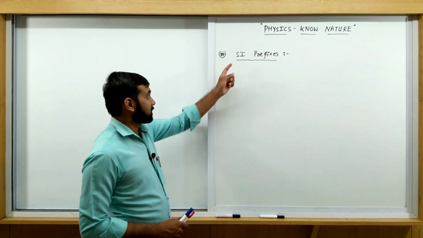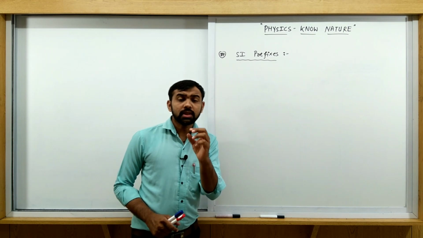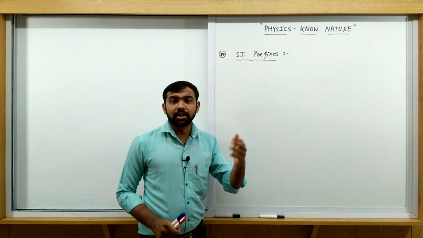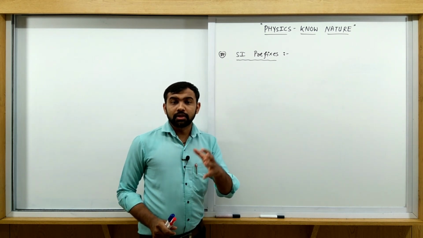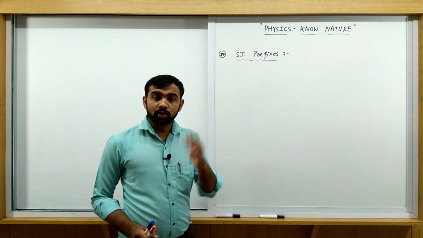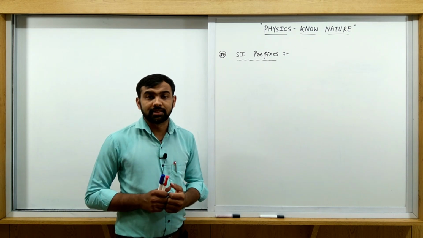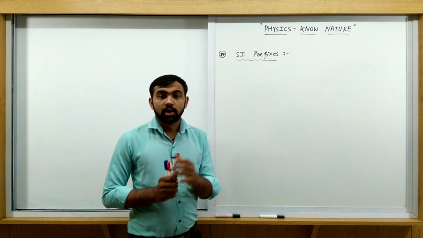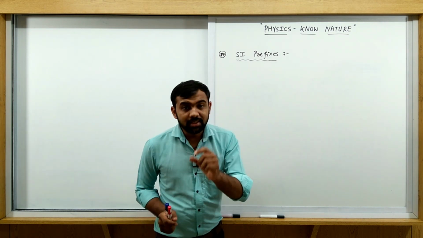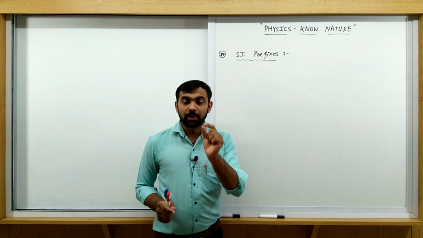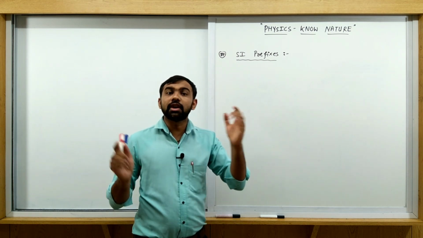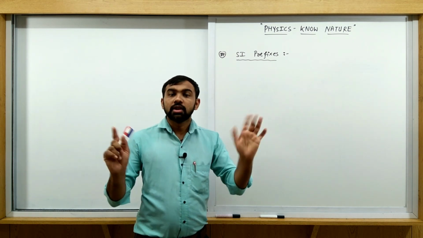Okay guys, let us come to discuss the SI prefixes. As we discussed in the previous session about the SI units, there is a wide range of measurement. If you measure mass in kilogram, gram and milligram and so on, we measure different masses. So these prefixes are used to represent a measurement of any quantity which is very small or very large.